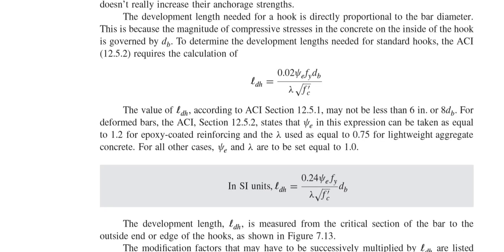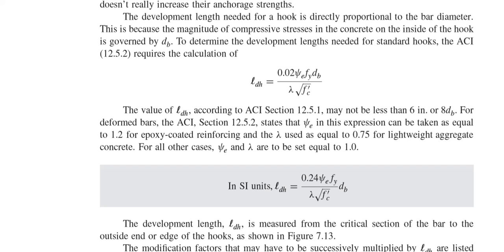Last time we were seeing the development length equation for tension bar. This time I am showing you the development length equation for hooked bar. You know that sometimes when you design beam, if the space is limited but I have a lot of reinforcement, sometimes we do hook. In that case, the development length for hook bar can be calculated using this equation: 0.02